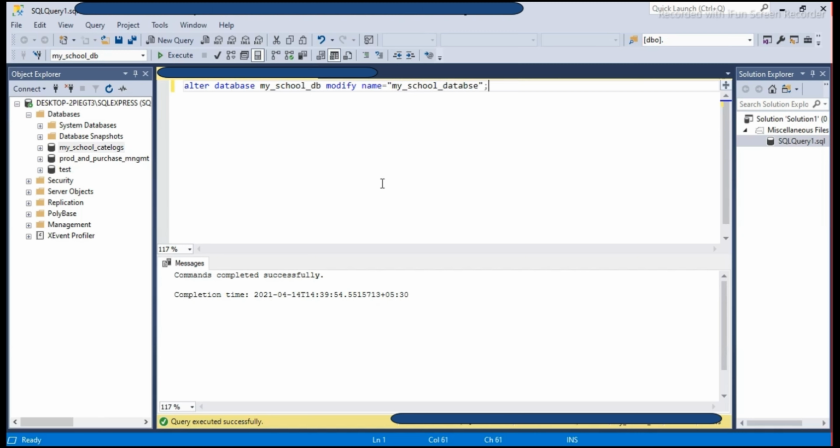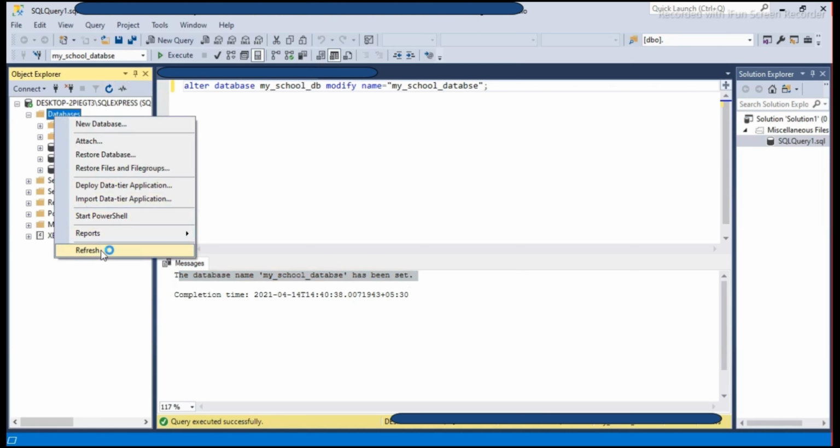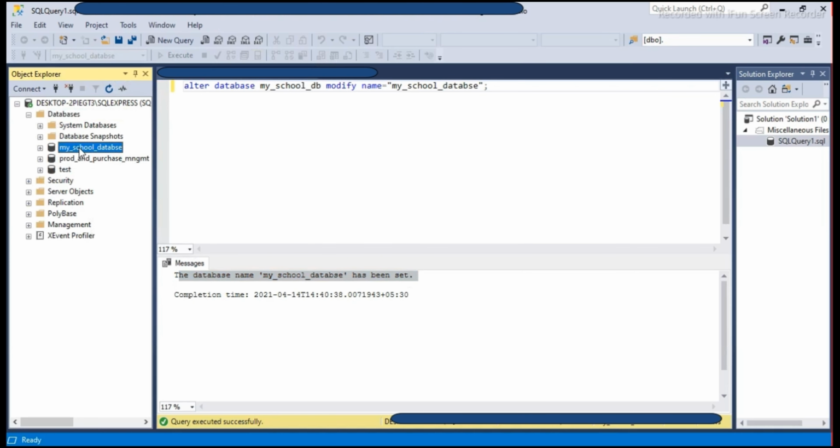Now let's fire the query. The database name MySchoolDatabase has been set, which means our database is renamed. Now we can check over here, and we can see MySchoolDB is now renamed to MySchoolDatabase.